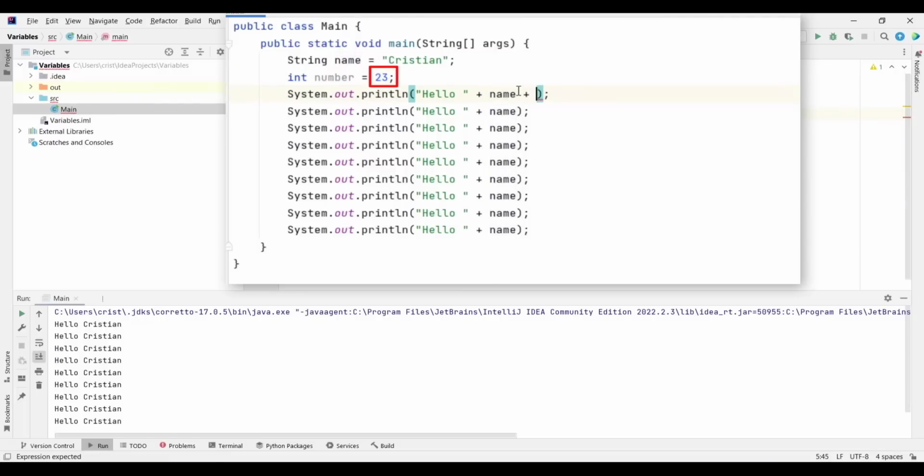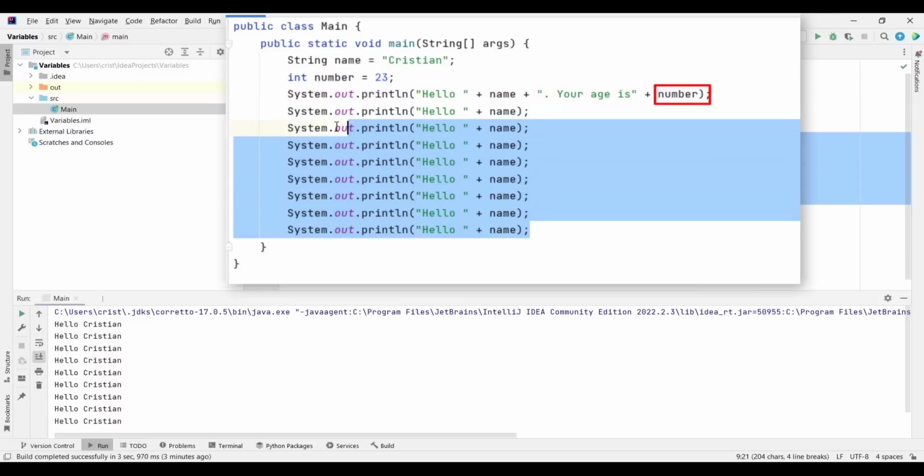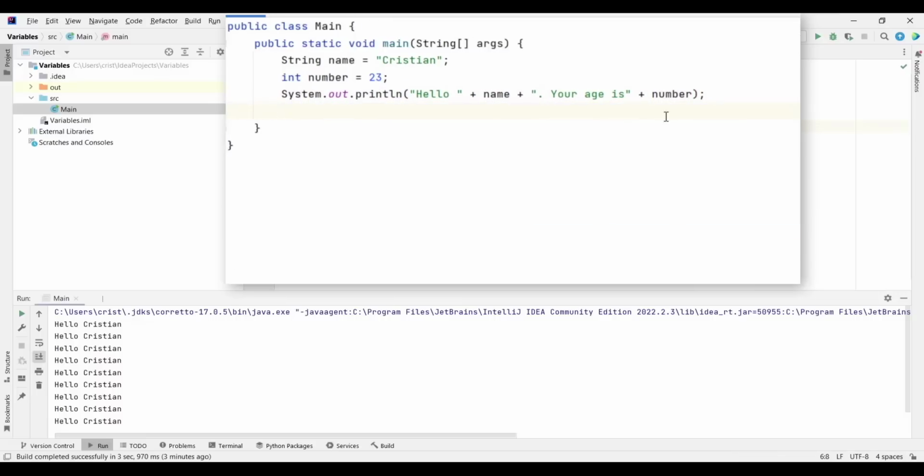So let's put plus, quotation marks, a dot, and let's say your age is, and now let's call our variable. So inside the parentheses, but outside the quotation marks, I will put plus, and I will type here number. And let's delete those lines of code to duplicate this code again. So let's leave it like this for now.